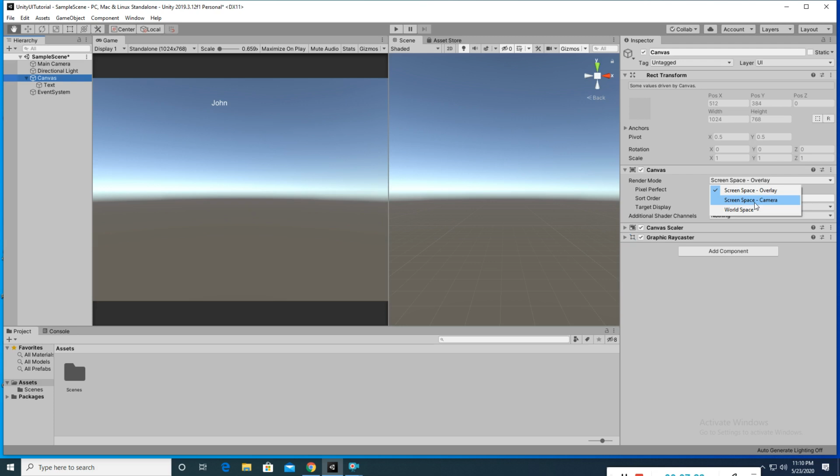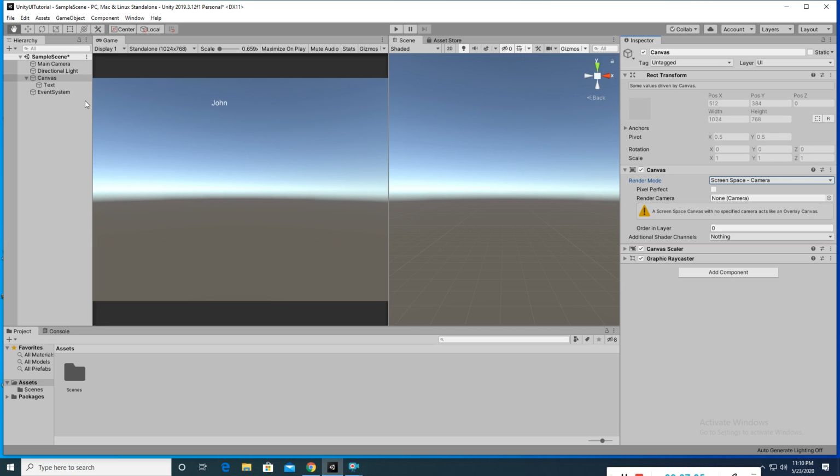In Unity you can create multiple cameras in the scene, no issue. So in the canvas, see this render camera, I'm assigning this camera. This camera is responsible for rendering this canvas.